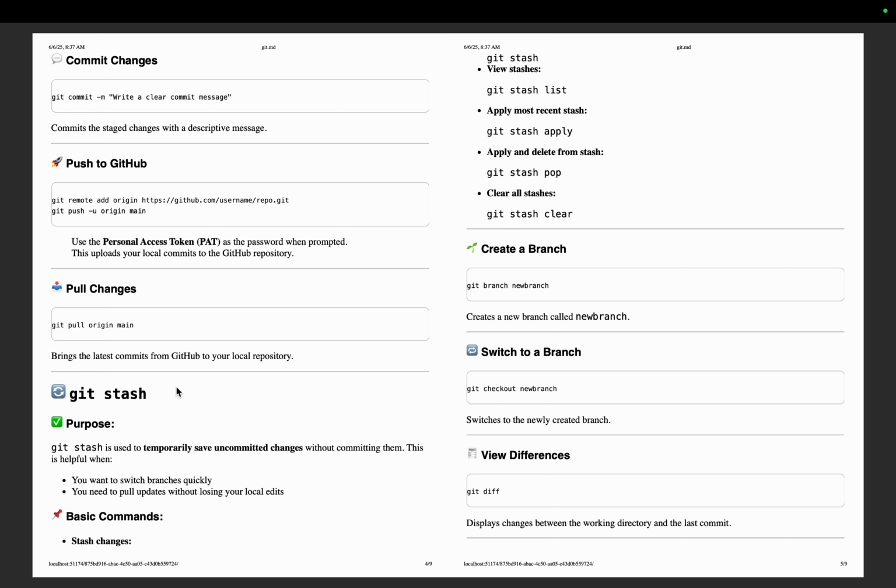Okay, you did some changes and you did git status, and you see there is a modified file, but you don't want that modified file. How would you revert it? So you will do git stash. It is used to temporarily save uncommitted changes without committing them. This is helpful when you want to switch branches quickly, or you need to pull updates without losing your local